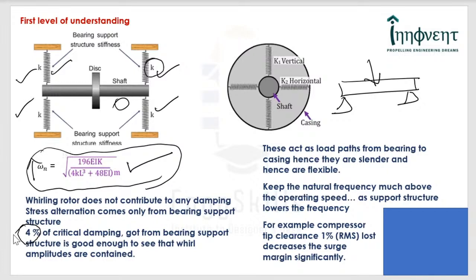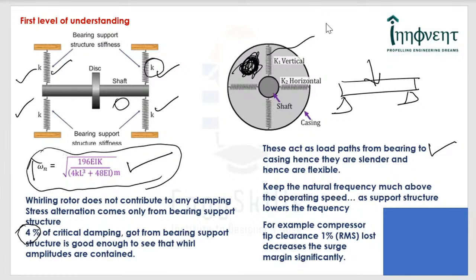And since it also comes in the path of the gas flow, the bearing support structure has to be designed as slim as possible, because otherwise it would be obscuring the gas flow. If you assume that the gas is flowing in this region between the bearing support structure, the bearing support structure must be made as lean as possible.